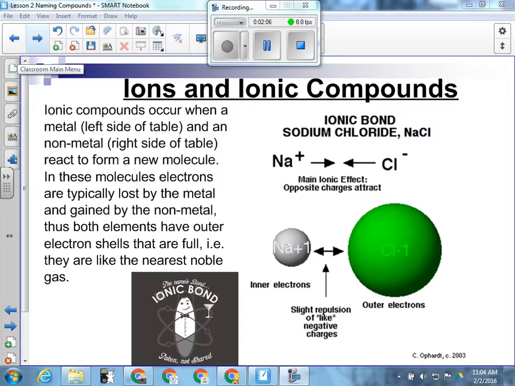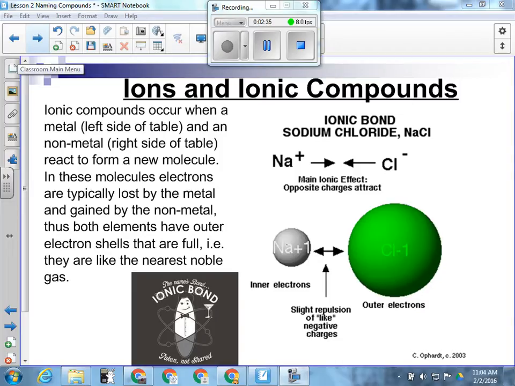So ions and ionic compounds. Ionic compounds occur when we get a metal and a nonmetal reacting to form a new molecule, and those molecules typically involve a trading or swapping of electrons. Not so much a swapping, more of one giving them away and the other taking them. So in an ionic compound, both elements that are involved get something out of